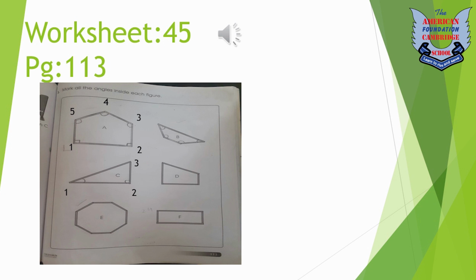Now come to angle 2. This is also a right angle. In this angle, these two lines are straight above each other. So that's why it is a right angle. Now come to the third angle. There are two lines and they are making an angle together because they are cutting or intersecting each other at one point. So they are making an angle. We will do the same with angle 4 and the same with angle 5.